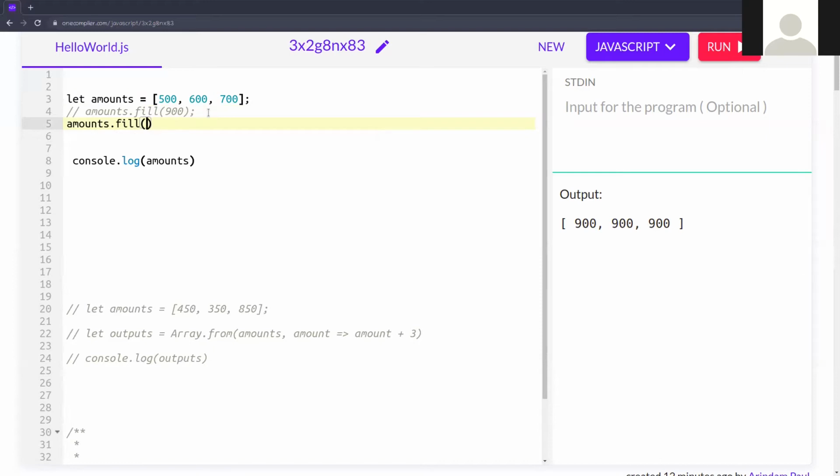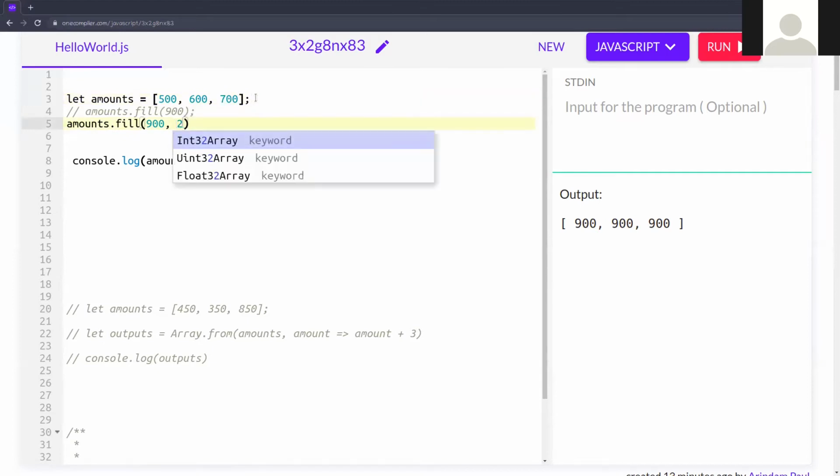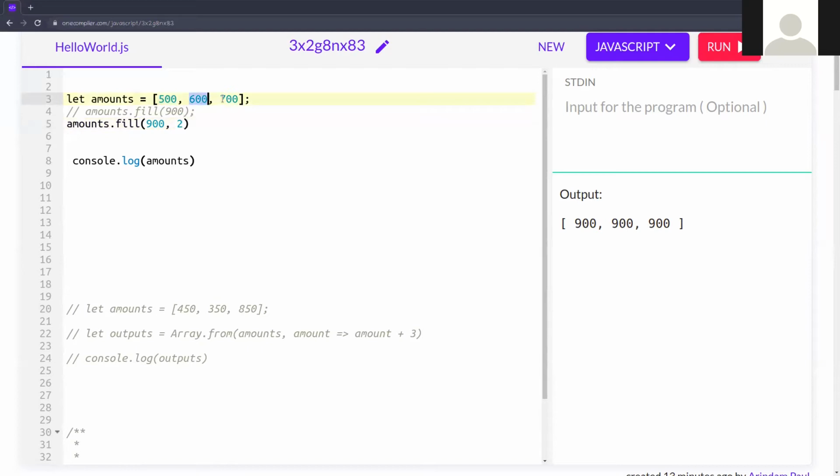Like I fill 900. Now I'm using this position, like this is 2, meaning array index number 2. This is 0, 1, then 2. Now let's see. You can see this 700 was replaced by 900. This is another procedure.